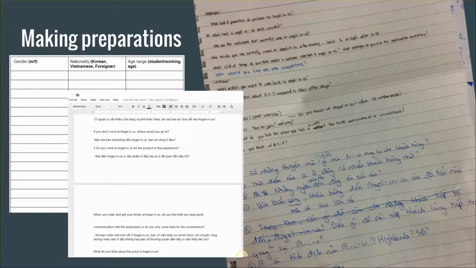To make preparations for our primary research, we decided firstly to use observation research because we needed to find out who comes to Angelina's the most, what kind of similar traits can be found between Angelina's and Starbucks, and also look at their USP and more. So to plan for our observation research, all we did was make a spreadsheet divided into 3 sections: age, gender, and nationality, because we wanted to especially find out nationality and age so that we know which nationalities come in Vietnam, since Angelina's is a Korean company.